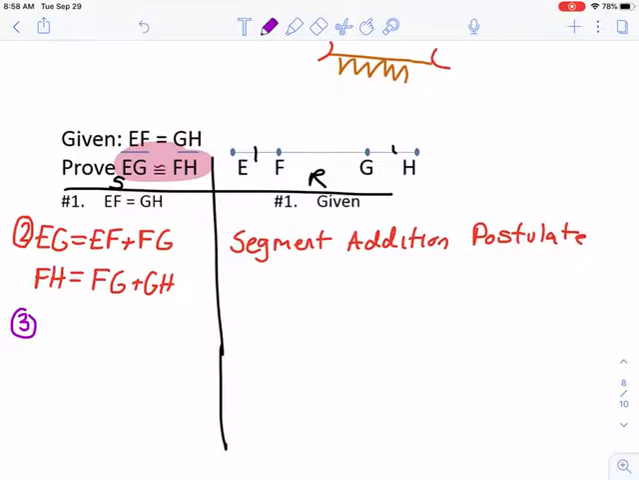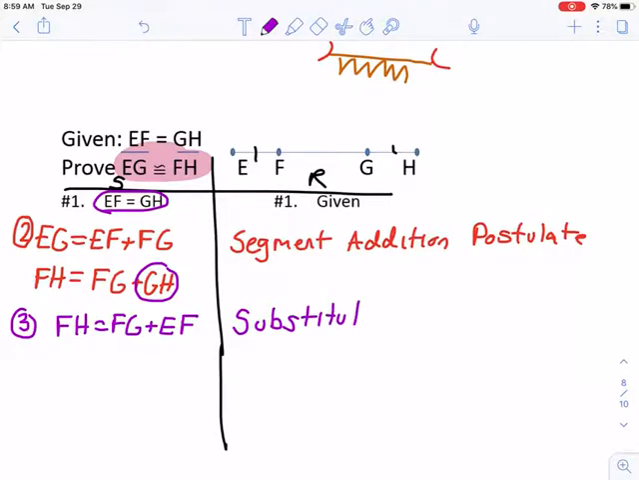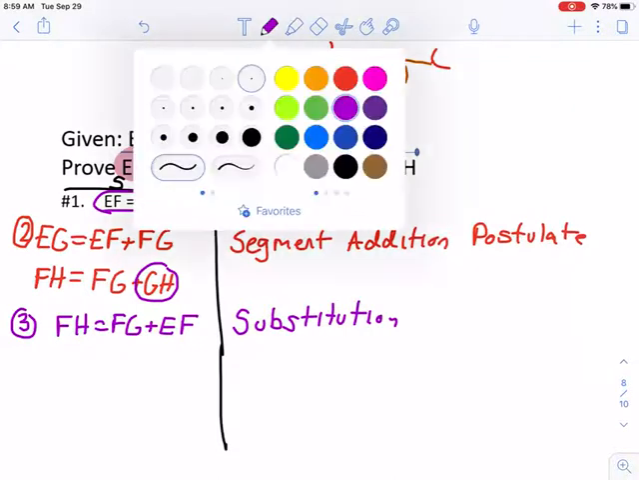Now let me look at some previous statements, all right? How about EF equals GH? Well, there's a GH right here. So I'm going to take this FH equals FG, and I'm going to substitute EF right there, which is great. Cool beans. Well, now number 4,